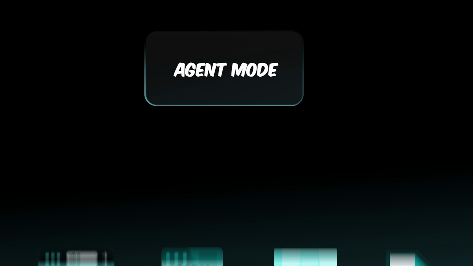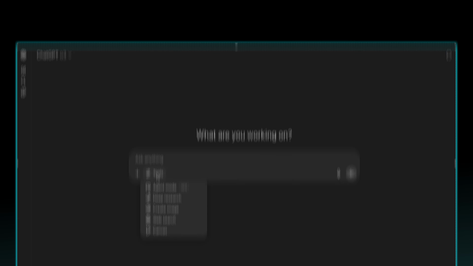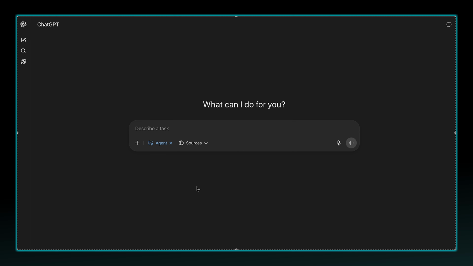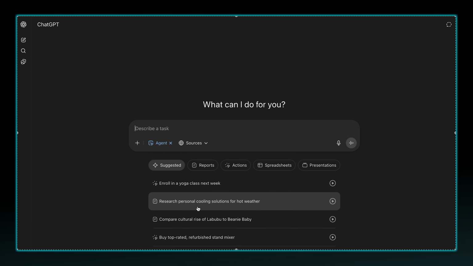To access agent mode, you must be on a paid plan. Free tier users cannot access agent mode yet. From the ChatGPT drop-down tools menu, select agent mode. It will show you a couple of examples that you can perform, but we are going to give some complex